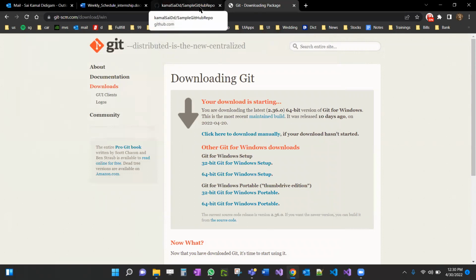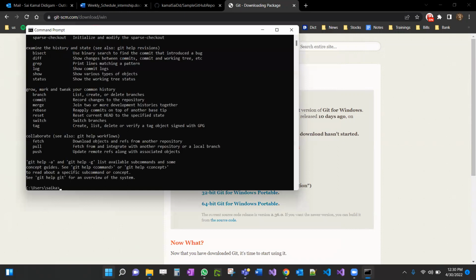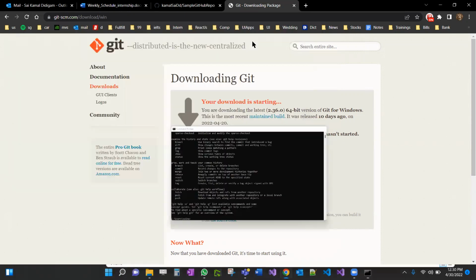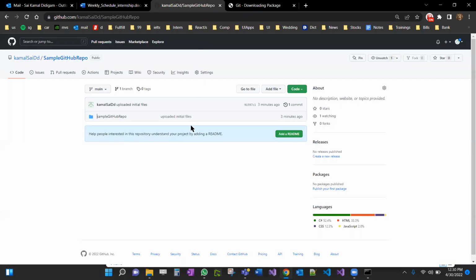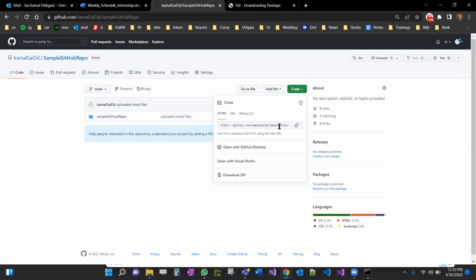Just assume that is working, and to test if git is installed, it should give like this. Now maybe go to your GitHub folder, go to your code,